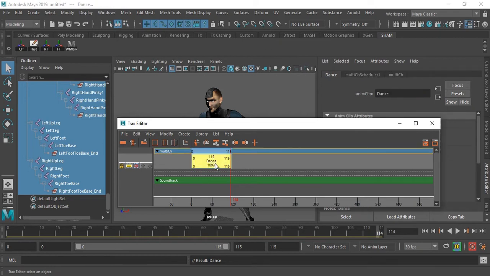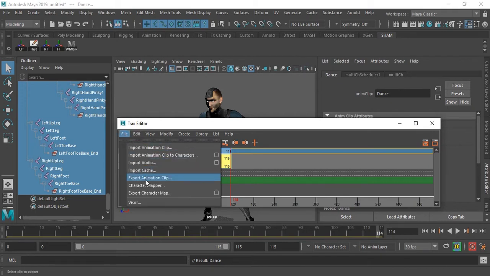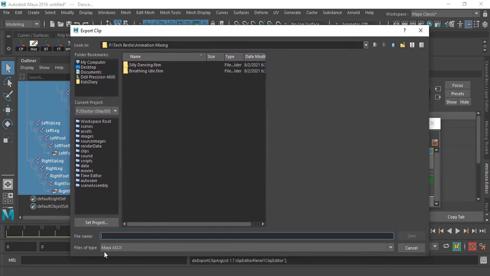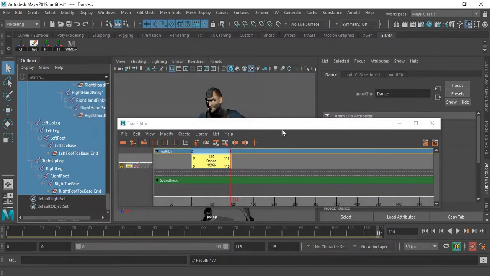So once the clip has been created, select the clip and go to file and export this animation clip and save this animation clip as a Maya ASCII format. Dance. Now I exported this animation clip.